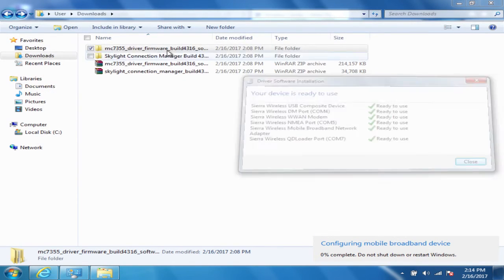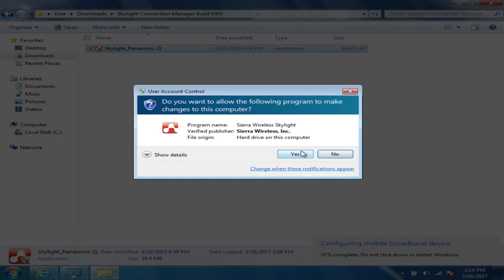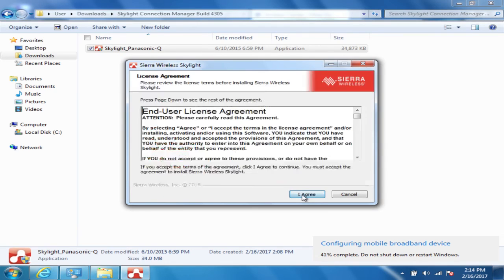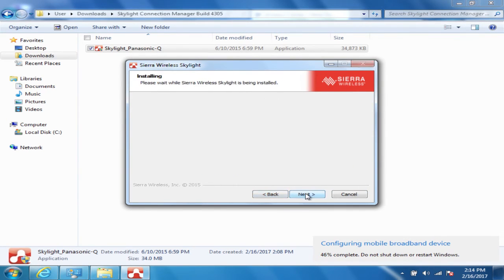Once the drivers are all installed, go ahead and install the Skylight Connection Manager. Just click Next, click I agree for the licensing agreements, click Install.